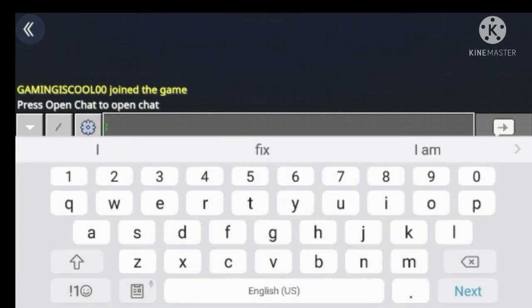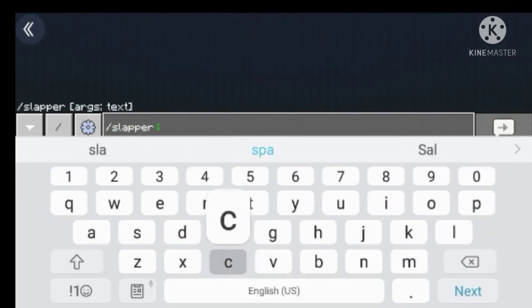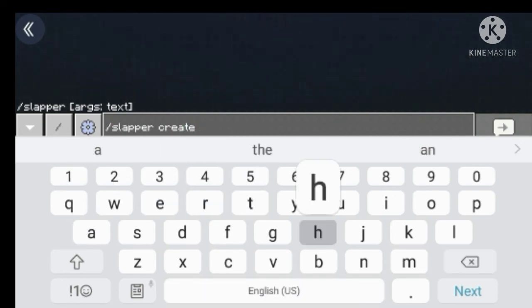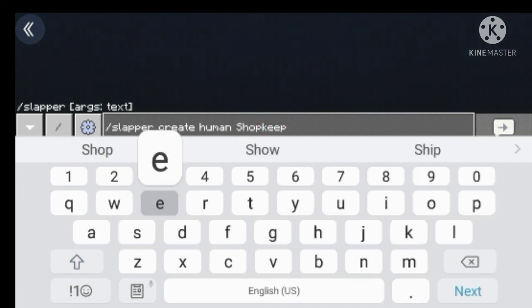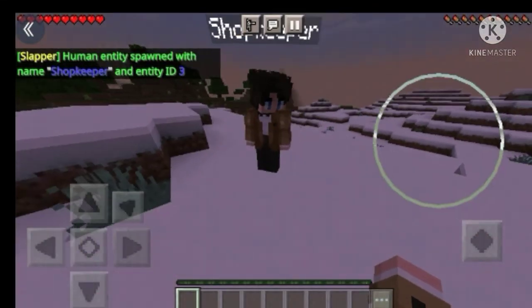Oh god, if this works, then it would be really easy to create a server. Slash slapper create human. Now I'm gonna type the name of it, shopkeeper. Oh god, it's working.